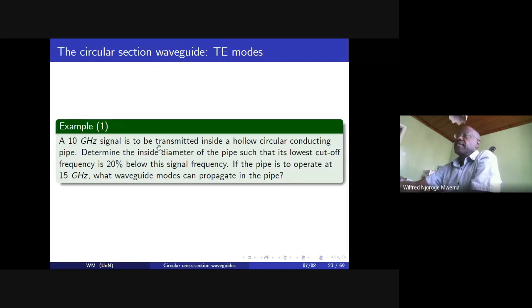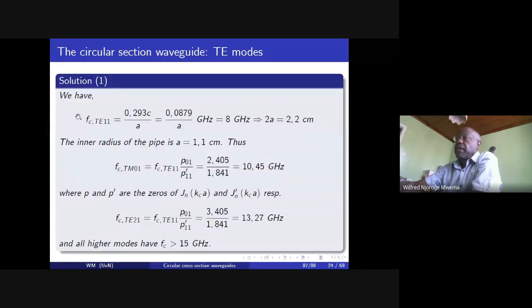A 10 gigahertz signal is to be transmitted inside a hollow circular conducting pipe. Determine the inside diameter of the pipe such that its lowest cutoff frequency is 20% below this signal frequency. If the pipe is to operate at 15 gigahertz, what would be the waveguide modes that can propagate inside the pipe? So we have that fc of TE11 is going to be given by